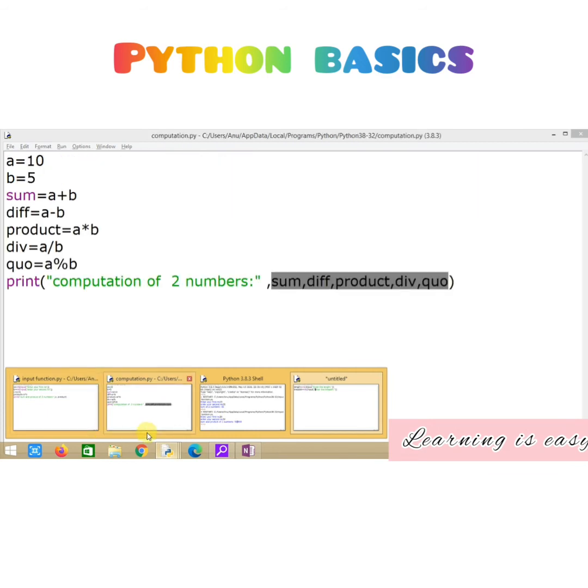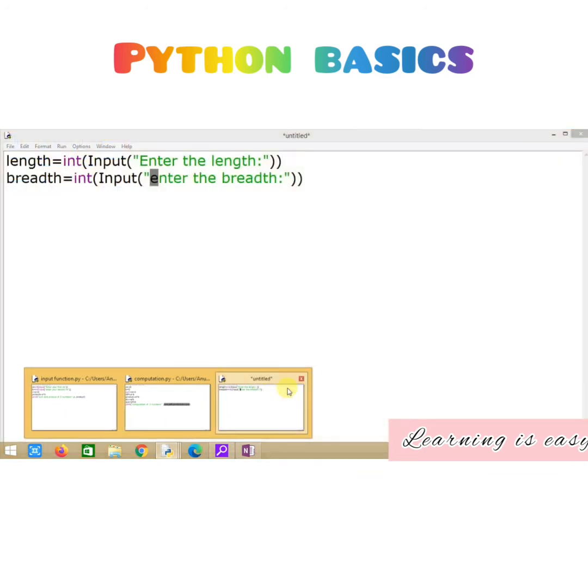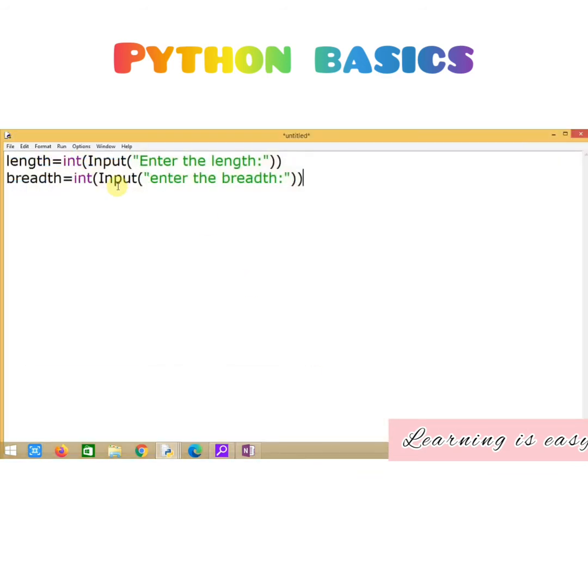And we're going to find the area and the perimeter of a rectangle. So we know the formula, we learned it in math. Area is L into B, perimeter is 2 into L plus B. So those formulas we can apply here. Area equal to, perimeter equal to